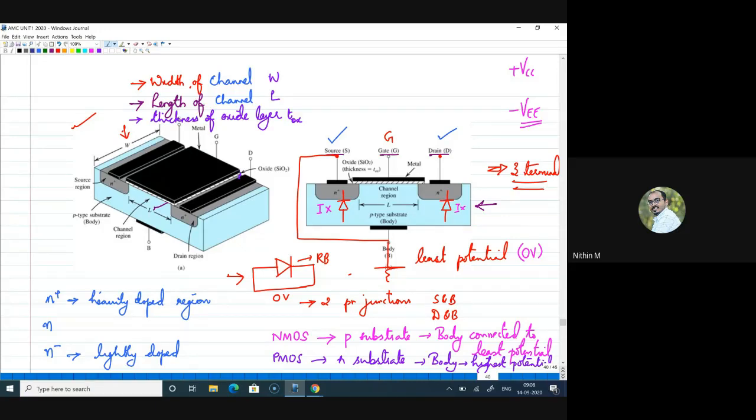Now, one more thing I forgot to tell you. You can see that source and drain are symmetrical. If you look at the structure of the MOSFET, source and drain are symmetrical. So since it is symmetrical, either terminal can be identified as source or drain. Here source, by the name, suggests that it acts as a source of charge carriers, and drain collects the charge carriers, and for that reason drain will be at a higher potential compared to source in the case of an N MOSFET. The charge carriers here are basically electrons; those details we will see shortly.